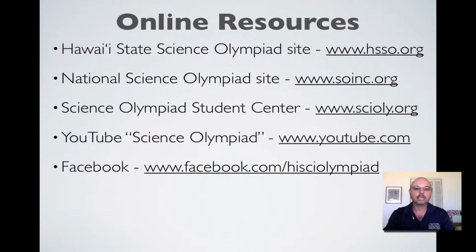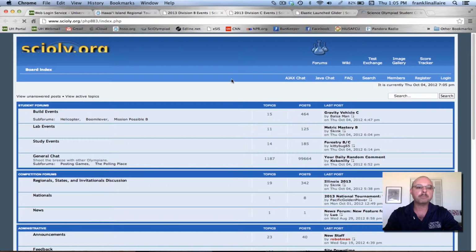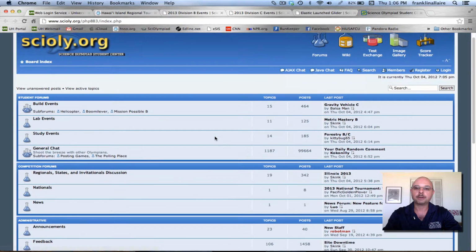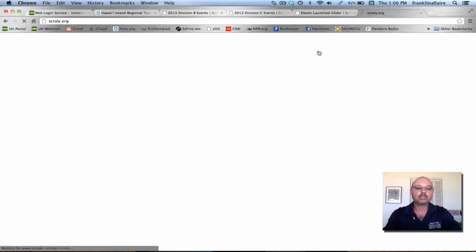Let's go back and now take a look at the Science Olympiad Student Center, which is www.scioly.org. And this is an independent bulletin board style website. You can see here that it's set up here. We've got test exchanges, they've got image galleries, they have forums for different things. So if I click on forums,